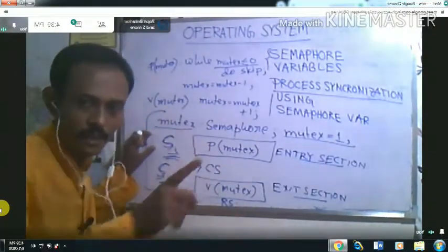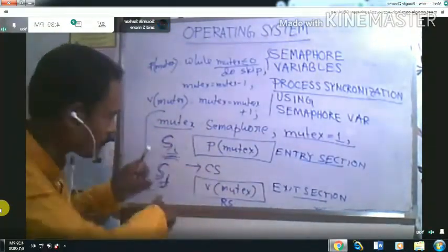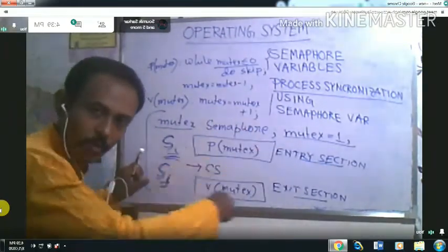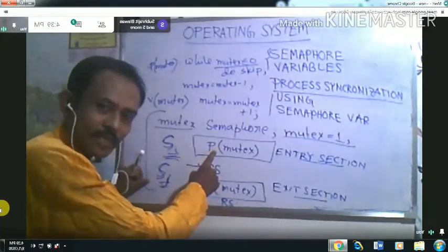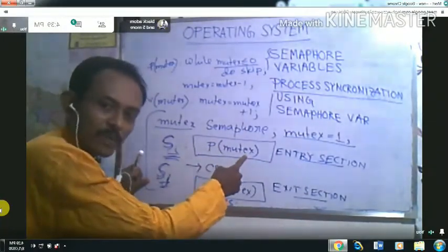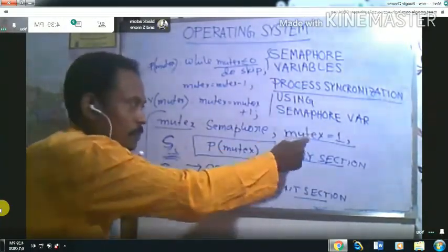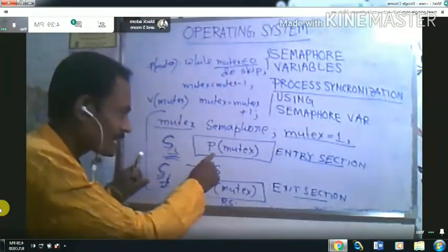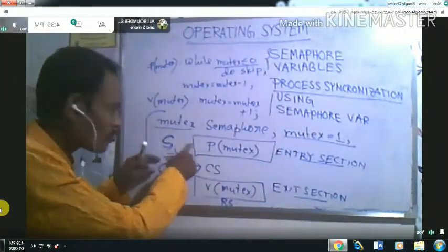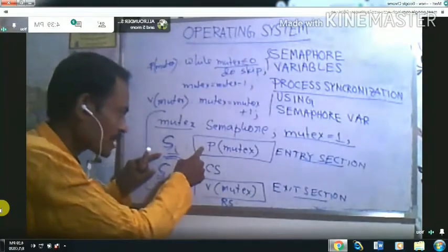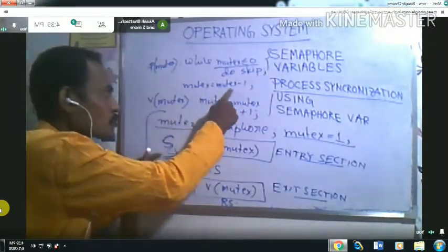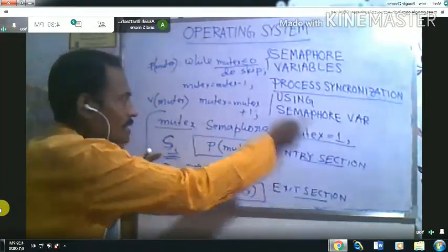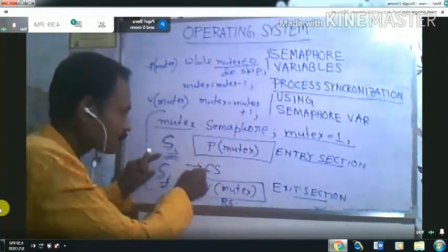Now what will happen for the SJ? When SJ executes the P operation, the mutex semaphore has already become 0, which was set by the PI. When PI executes the P operation, it makes the semaphore mutex equals to mutex minus 1. So from 1 it becomes 0 and it enters into the critical section.